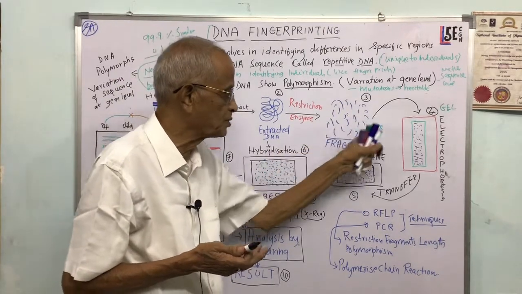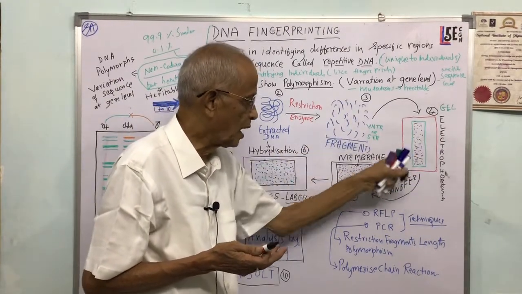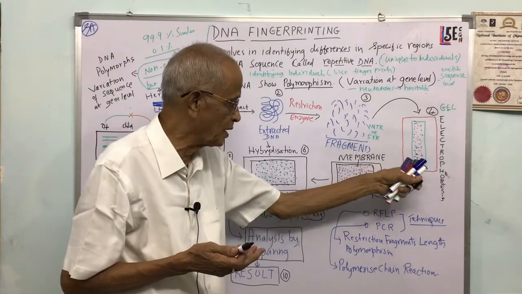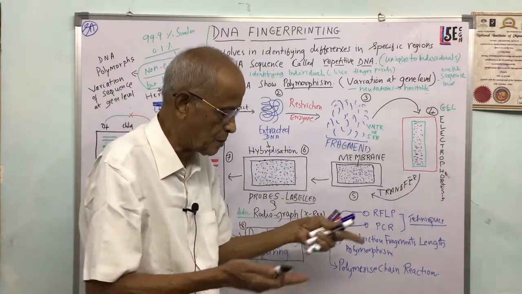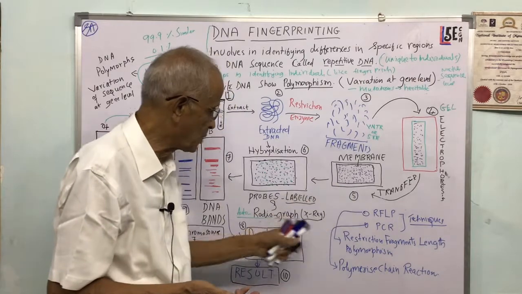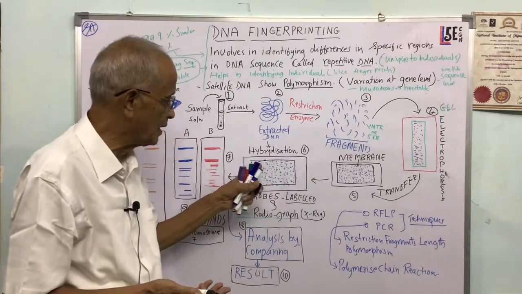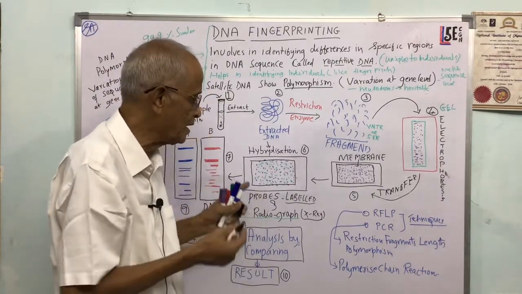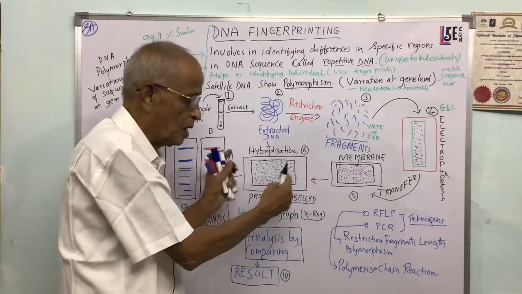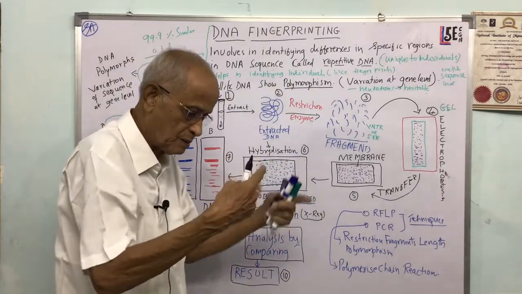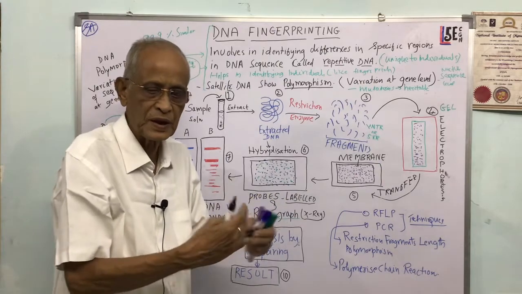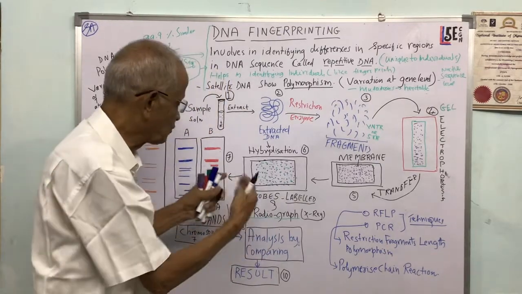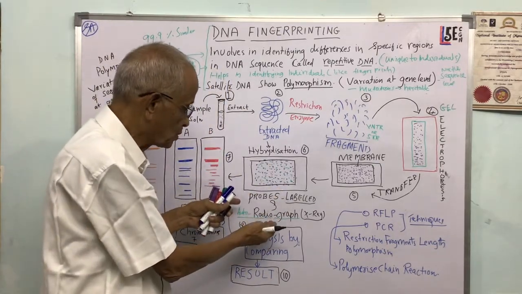segments, and these segments are transferred onto a gel, and it's called gel electrophoresis, and then they will remove the gel and transfer it to a thin membrane, and that membrane will contain DNA segments, and then they use the probes. Probes means the known, labeled DNA, and they will try to hybridize them. Hybridize means they will try to join with one another, making it amplified, making it available for observation, and then that will be subjected to X-ray.